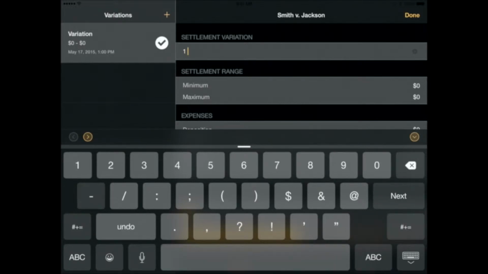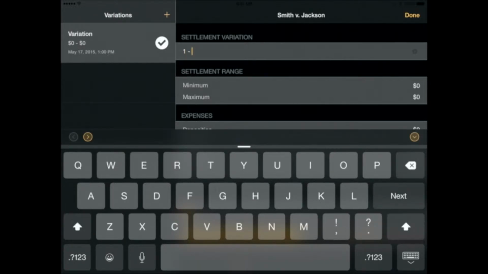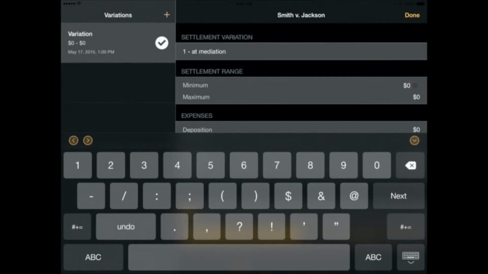1-at-mediation, and then we're going to start entering the specific amounts that are involved. The first amount that we're going to enter, right next to the word minimum, is the lowest offer that's given by the defendant in the case, and then maximum would be the highest demand that's given by the plaintiff